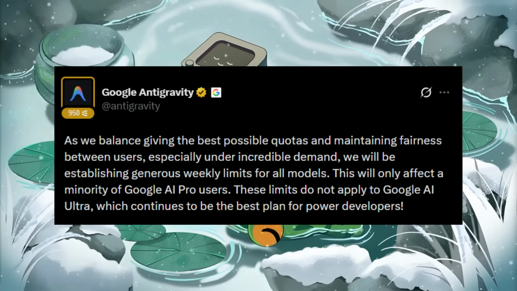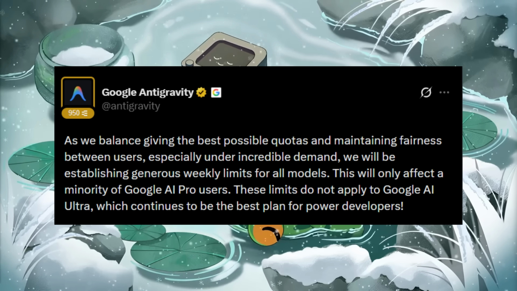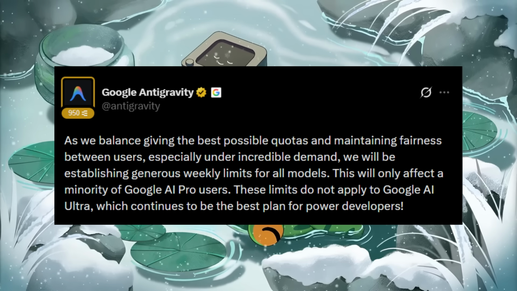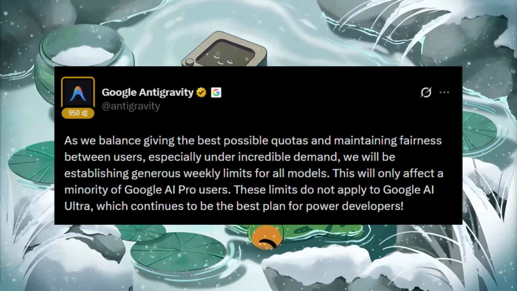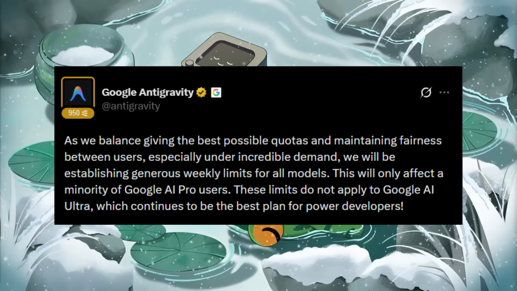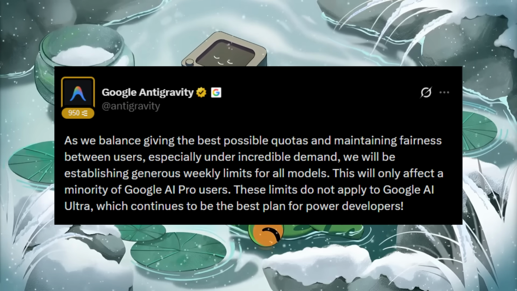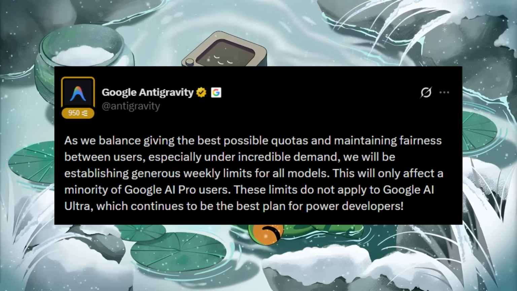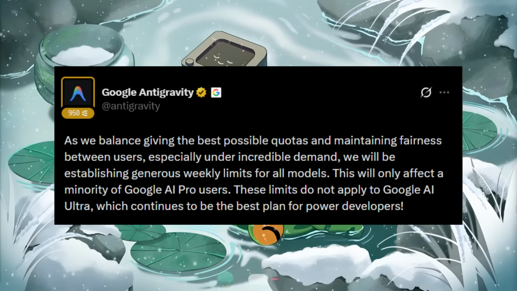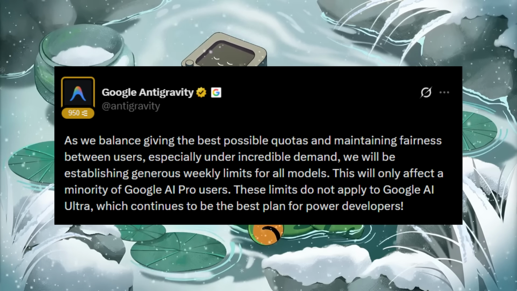The next update is a big one, but not great for power users because Google is adding weekly usage caps on top of their existing 5-hour refresh cycle for AI Pro users within Antigravity and Gemini tools. Google says that the limits are generous already and only affect heavy users, but it is focusing more on citing fairness and massive demand to make their overall platform more sustainable. These caps actually don't apply to AI Ultra users, which remains unlimited, but most casual users won't actually be affected. But if you're doing long agentic coding sessions, you'll hit a limit faster and feel pushed towards using the Ultra,